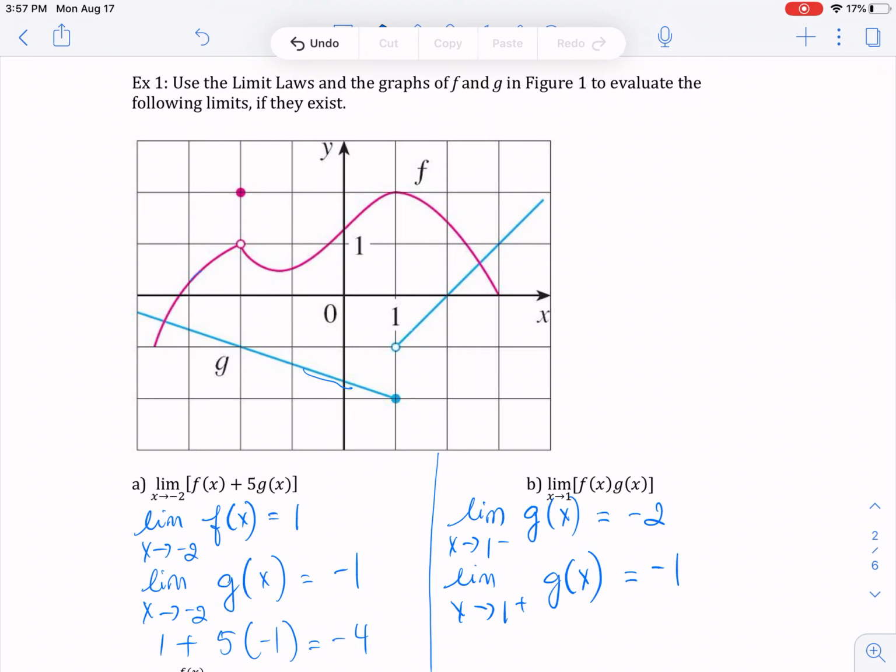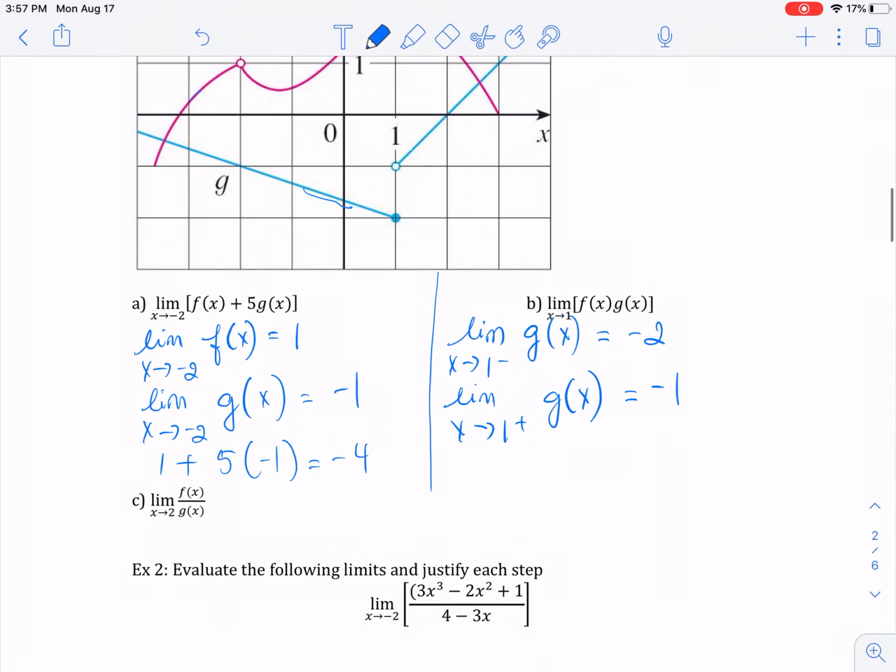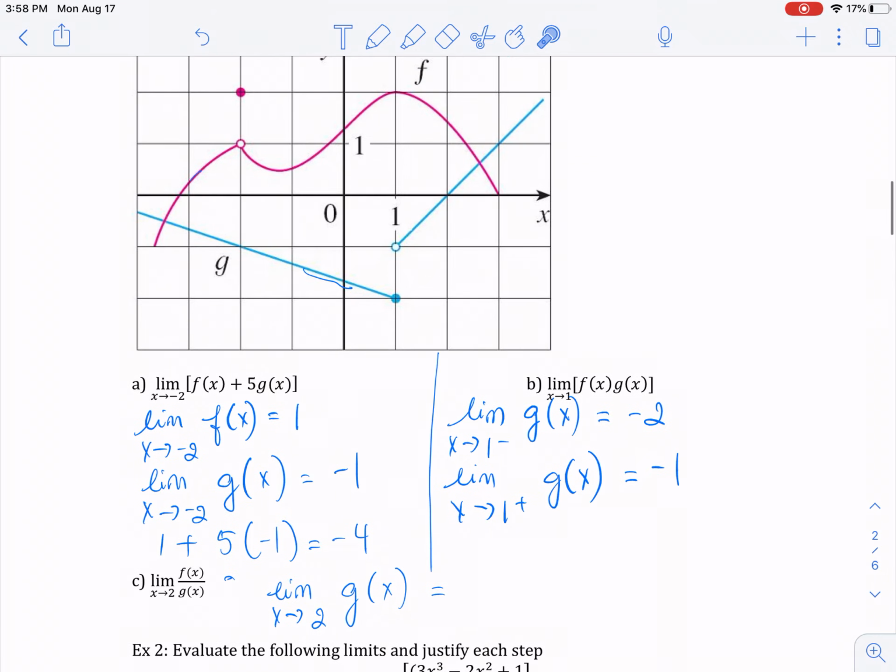Okay, let's take a look at part C. For part C, notice that we have the denominator, we have the fraction. So you really want to check out the denominator. So let's take a look at the limit as x goes to 2 of g of x. Okay. So you can see right here as x approaches 2,